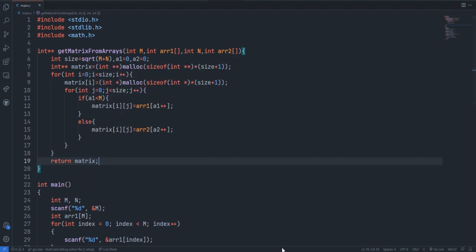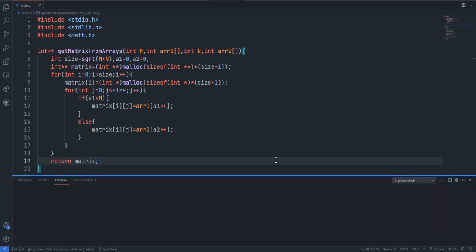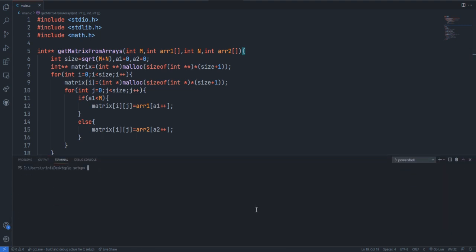I'm going to save and run this program. gcc main.c, and I'm running this application. Here I have got a matrix 1 2 3 4 and again 4 5 6 7 8.